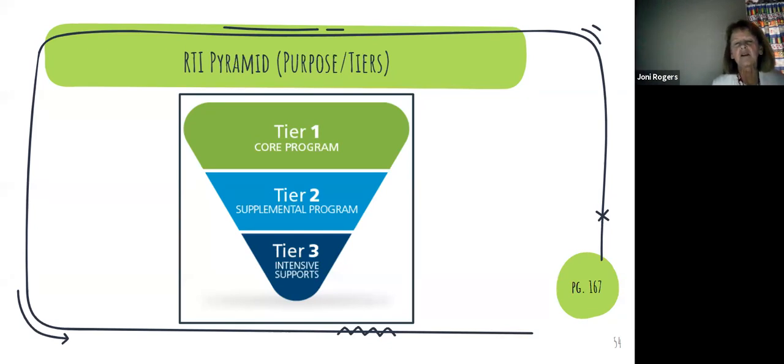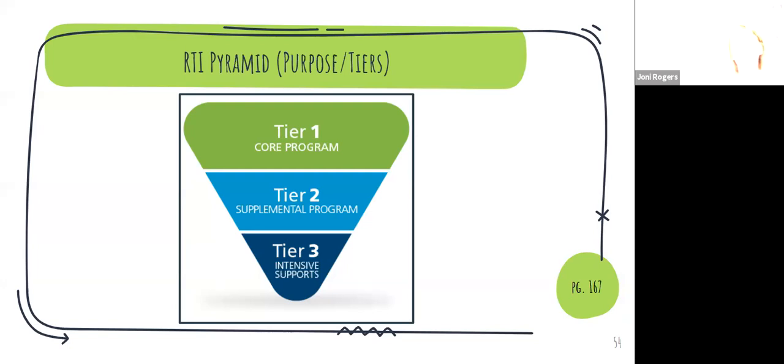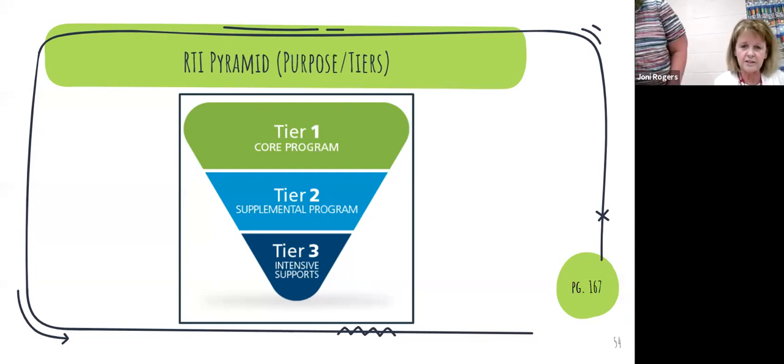But yeah, when we are doing our formative assessments and we're looking at that data, we're using that data to form our groups, and that is how we use our response to intervention. Most intensive support again is in tier 3. The core group is at the top, tier 1.